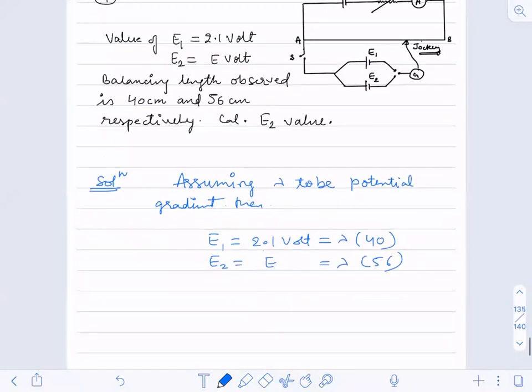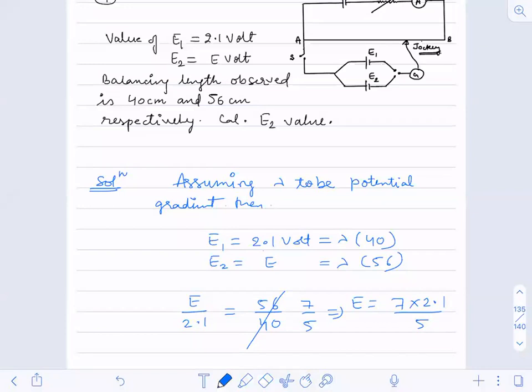Now I'll just take the ratio. So I'll write E by 2.1 is equal to 56 by 40. When you cancel it by 8, it will become 7 by 5. So this implies E will become 7 into 2.1 by 5. This is what you will be getting, the value of E. You just solve it now and you will get the value. So this will become somewhere around 14.7,